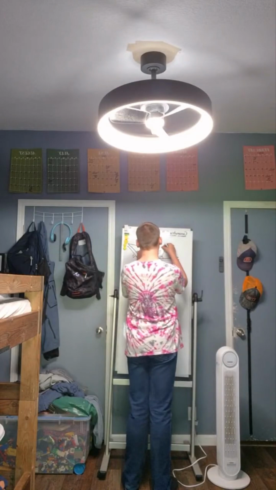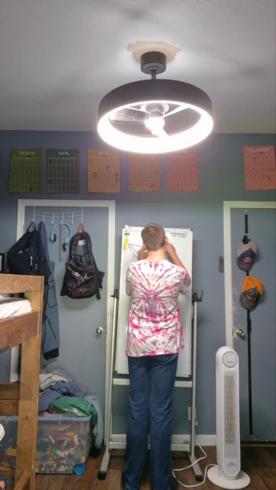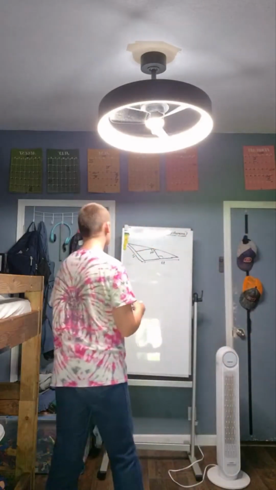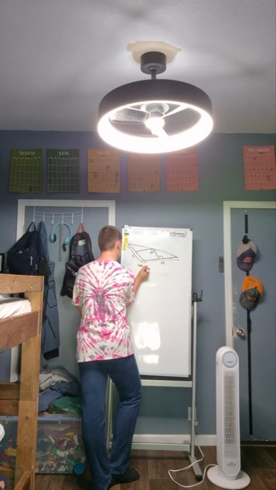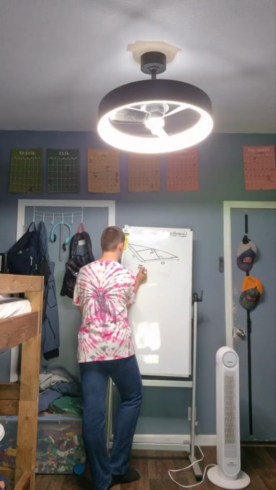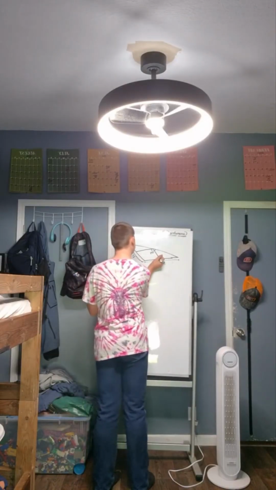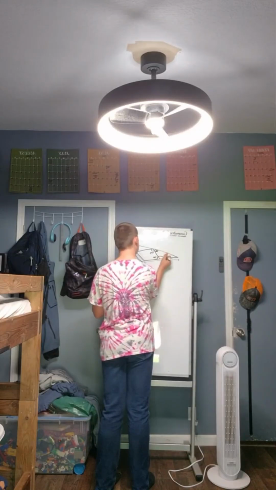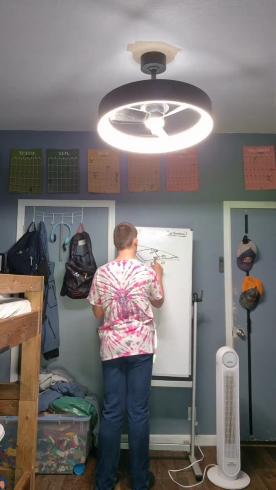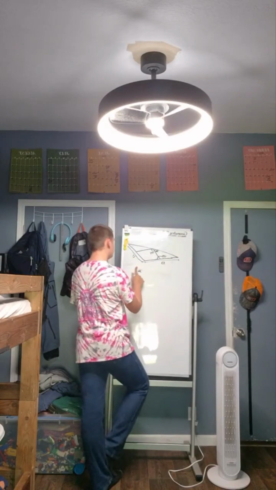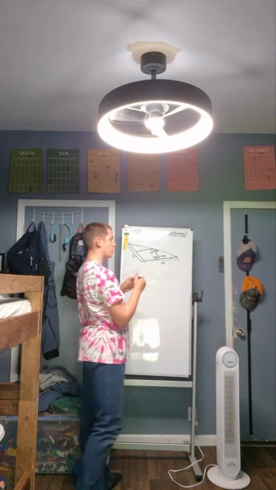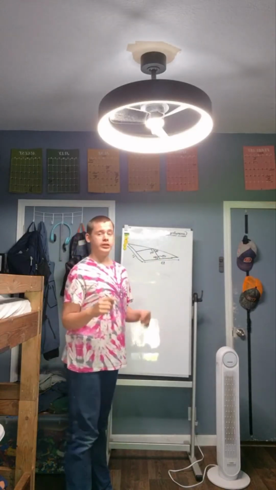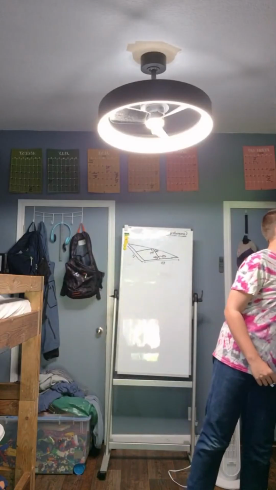So 150. So 150. So we're going to subtract 150 minus 124. We got 26. So this side must be 26. This side must be 26. This will be 124. Wait, this is not true. So this would be 56 because supplementary angles have to add up to 180 degrees.